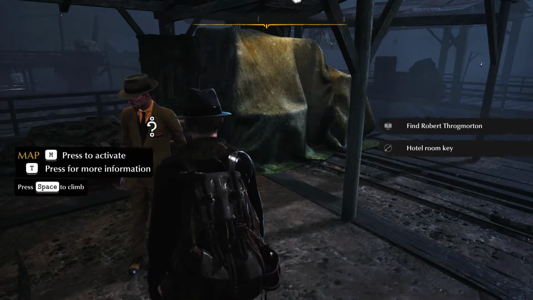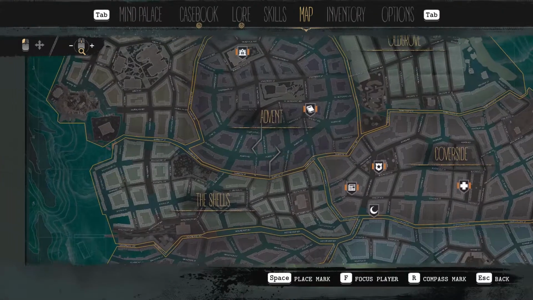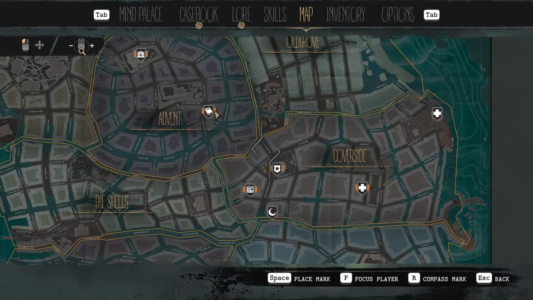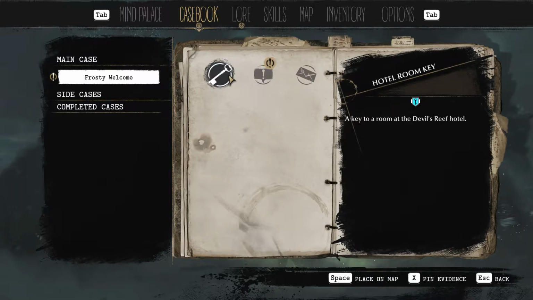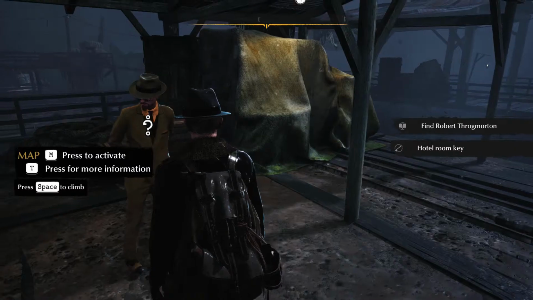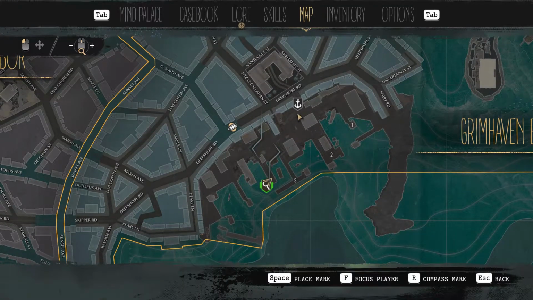Press M to activate. Let's do that. Okay, so this is the map. It's quite a big place. Blimey, it's huge. Okay, so hospital, police station, archive, I assume. Okay, casebook. Let's have a look. A key to a room. Yep, fine. I need to find a person. Fine. And that's the letter. Side cases, nothing there. Okay. Let's see if we can pin something. So we need to go...